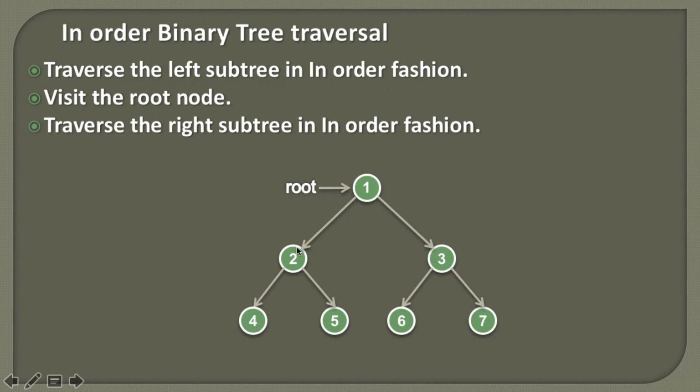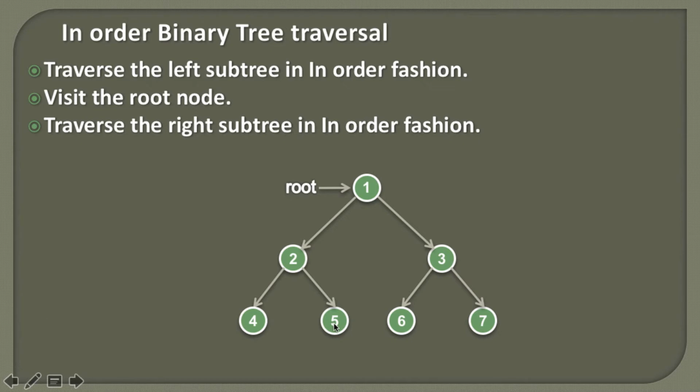So the call returns back to the node 2, and from the node 2 perspective we have actually visited its complete left subtree. So now is the chance to visit the node 2. We visit the node 2, and then we go to its right subtree. When we reach the node 5, we apply these 3 steps on node 5. We traverse its left subtree, then we visit the node, and then we go to its right subtree.